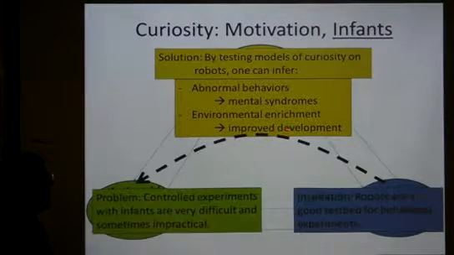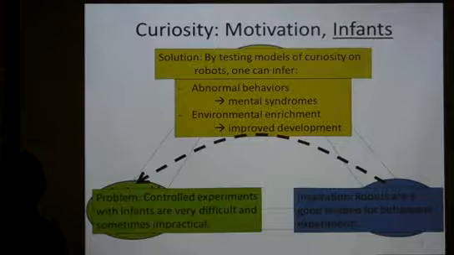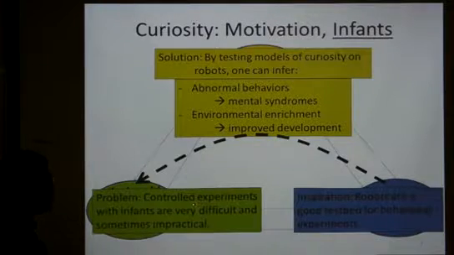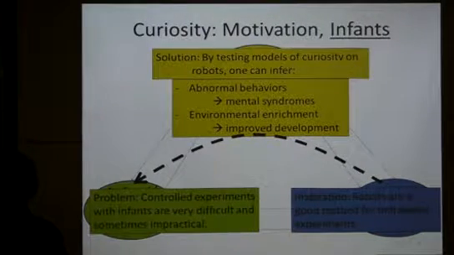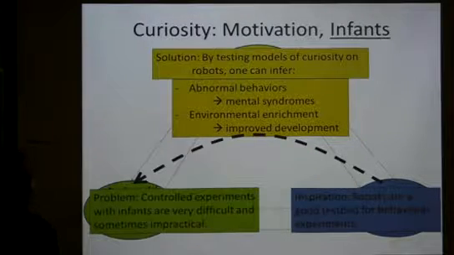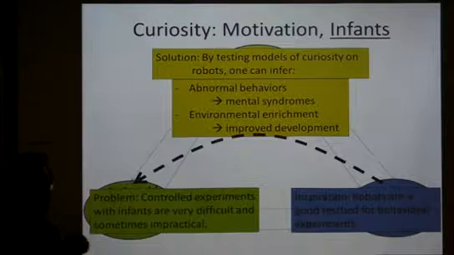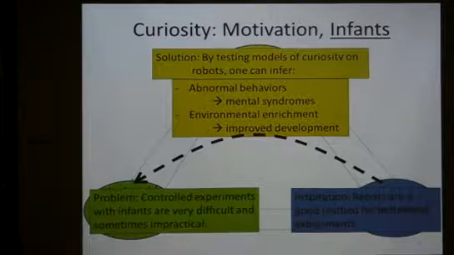He's trying to actually map psychiatric disorders into model parameters, using decision making, and here you can use curiosity. But for healthy children, you can again try to have environmental enrichment and improved development of babies, not by doing experiments on the baby, which is very hard and very long, but by making changes in the environment of the learning robot, seeing how it learns more or less with these changes, and then trying to implement it back into the infant group. So these are the motivations.